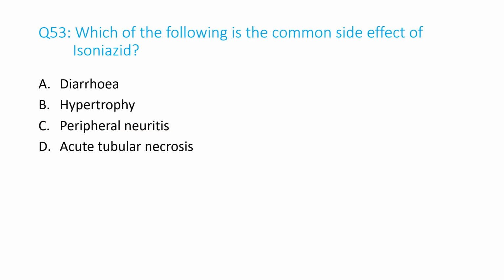Number 53. Which of the following is the common side effect of isoniazid? A. Diarrhea, B. Hypertrophy, C. Peripheral neuritis, D. Acute tuberous necrosis. And the answer is